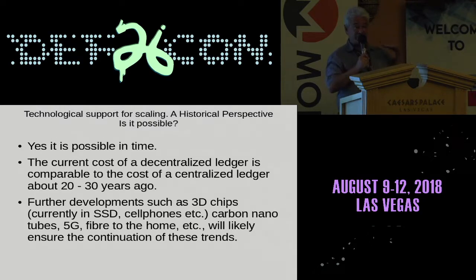That means that instead of laying one layer, you lay multiple layers on top of each other. Carbon nanotubes have been considered as a potential semiconductor. 5G is coming down the pipeline, and we're talking about gigabit speeds. Even within copper, we're seeing DOCSIS 3.x, which is going to be capable of gigabit over even existing cable networks.